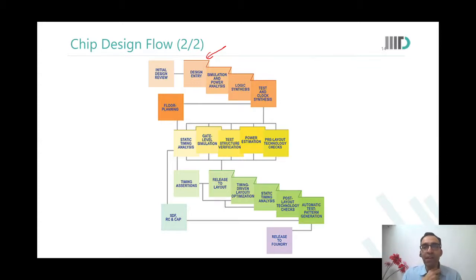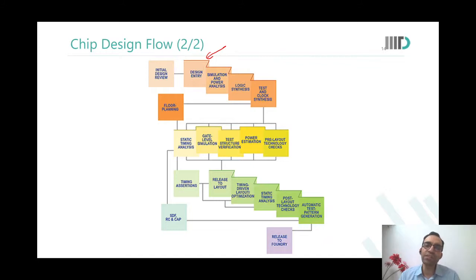So what does static timing analysis entail? Who will tell? So we check the timing verification, whether the timing constraints, the setup and hold constraints, are being met or not. You know that flip-flops would have some setup time, some hold time. So when the clock arrives, the data should be set up. So whether that is happening or not, do you need to add some delay somewhere? So it is largely timing verification, timing characterization.